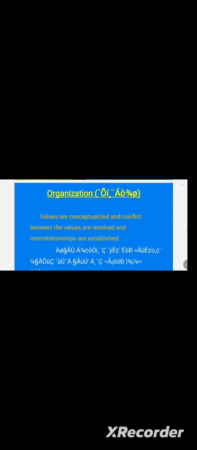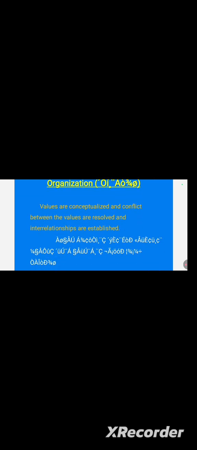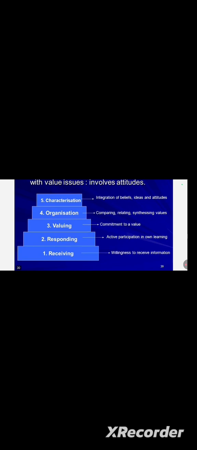Like that, whatever answer was given by the student, it should be valued and then organized. The interrelationships should be established, and if there is any conflict or any difficulty, it should be resolved by the teacher. And characterization is the last one. After valuing all their answers, you have to appreciate them, and this is about characterization. So please remember,